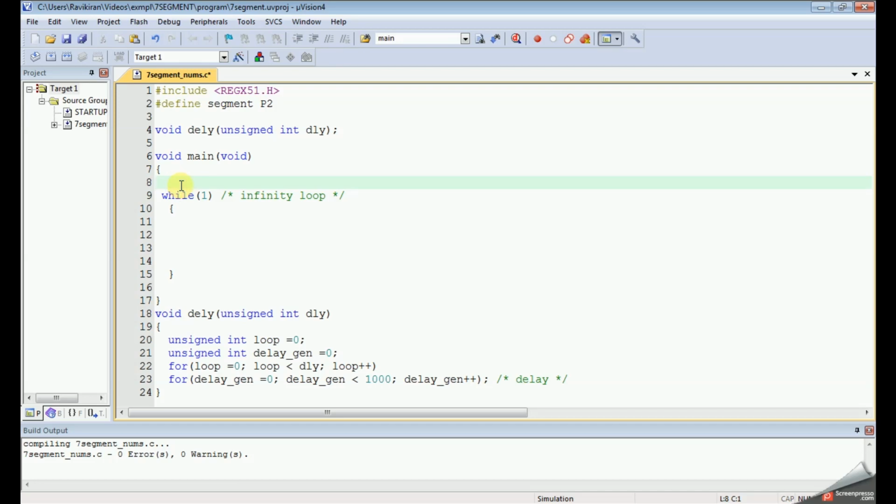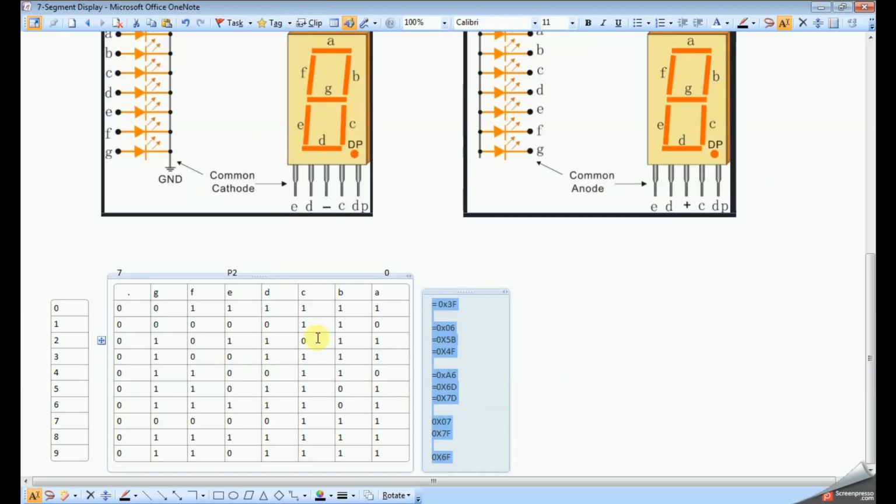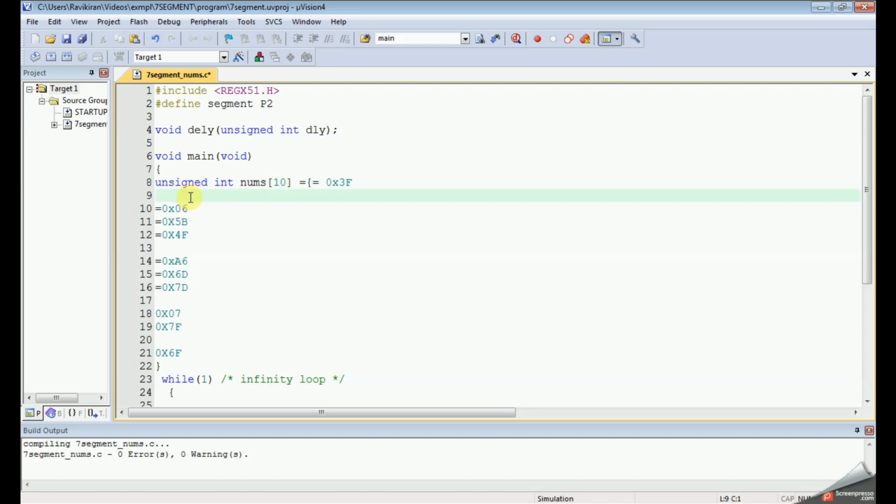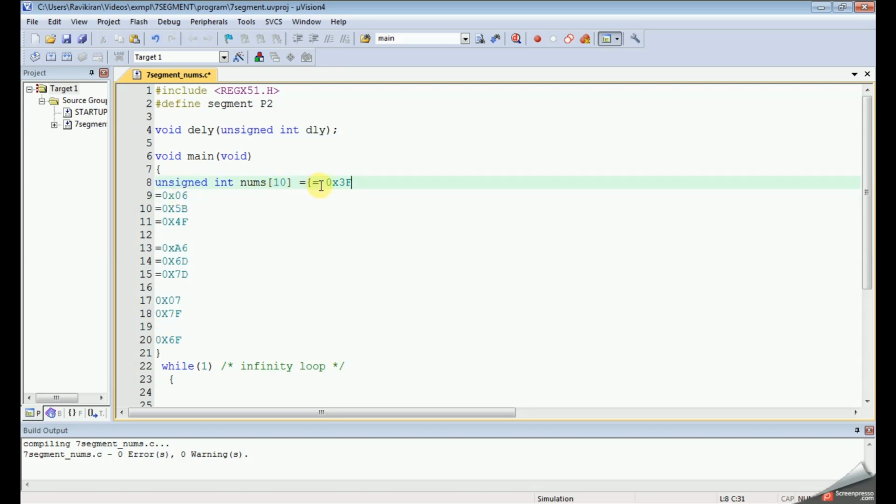we need to take an array to store the coded values that we have coded here. This is a number array. In total we have 10 numbers. The coded values I just copied and pasted here.